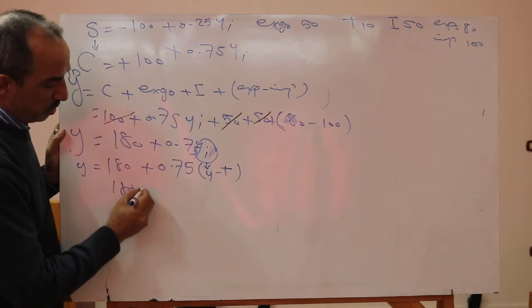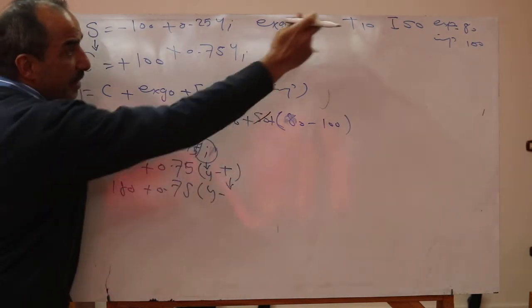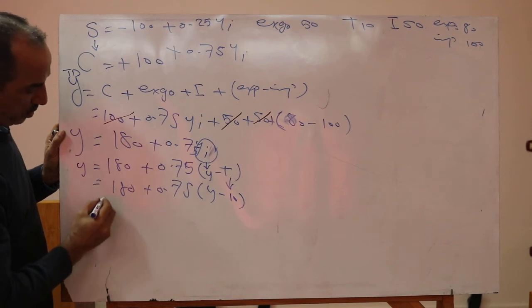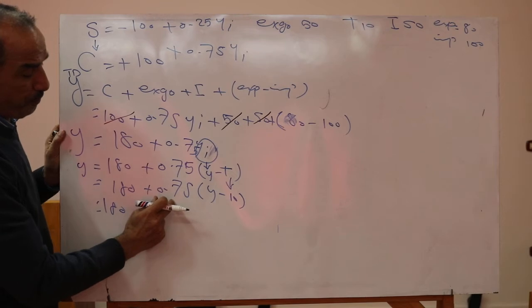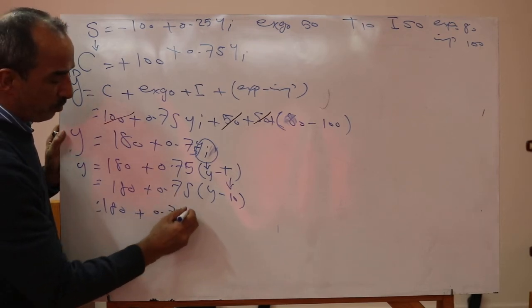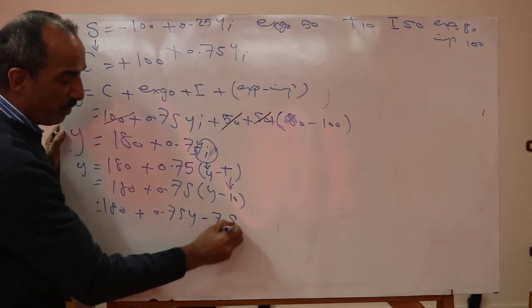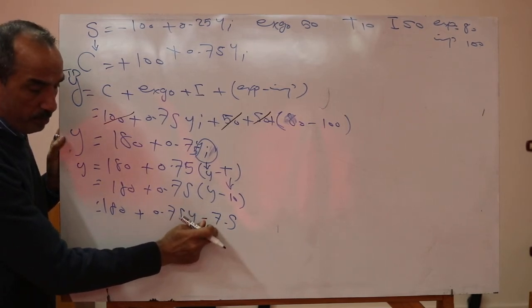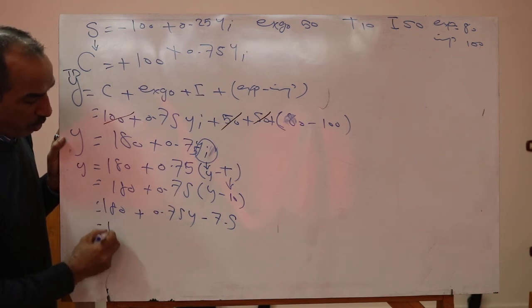Okay, Y minus tax is 10. Okay, 0.75 Y, 0.75 Y minus 7.5. Okay, 7 minus 7.5 and positive 180 equal